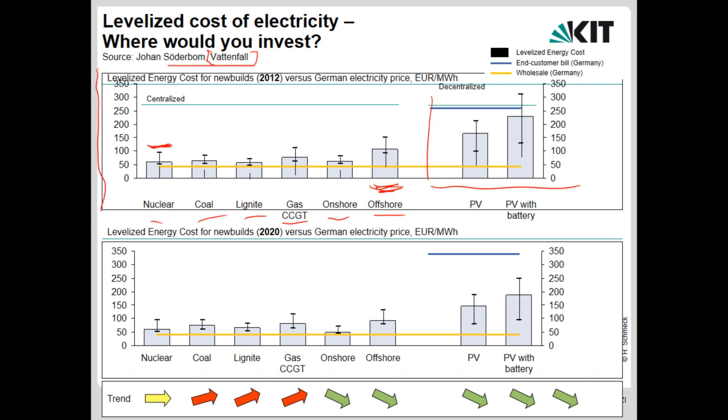Now the cost for power generation here is indicated with something like 15 or 17 cents per kilowatt hour. Meanwhile, we are far below, we are rather around 10 cents per kilowatt hour. And it means there is quite some gap in between. And this gap is the potential margin that you can have if you invest in decentralized power generation. You don't have to pay yourself for the